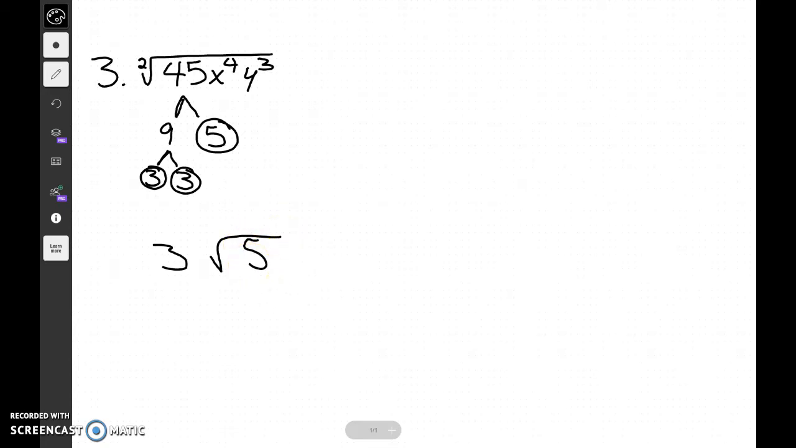Now, to do these variables, what I want to do is I basically want to take and divide the numbers on top, or the exponents here, by the index. So in this problem, what is 4 divided by 2? 2. So if it divides it perfectly, then I just write x squared on the outside. With the 3, though, if I divide 3 by 2, how many do I have? I have how much with